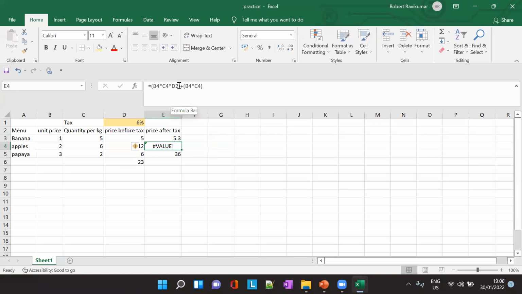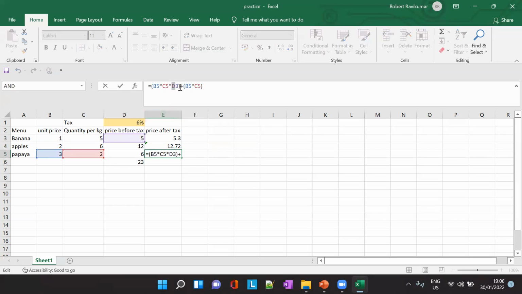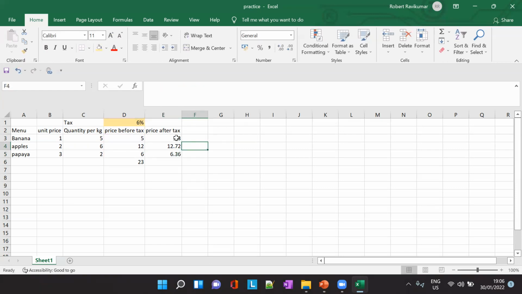Yeah, D2 is wrong, right? We have to refer to D1, right? That's why the tax rate is present there. So I have to change it into D1, okay? And here it is referencing D3, but actually where should we refer? The tax rate, D1. Let's change it to D1. But if we just copy the whole formula using the fill handle to copy this formula,